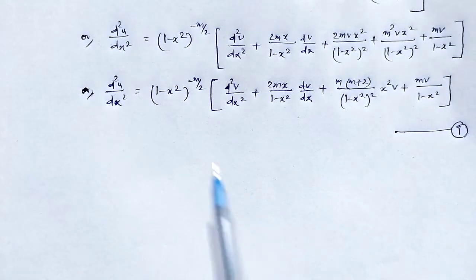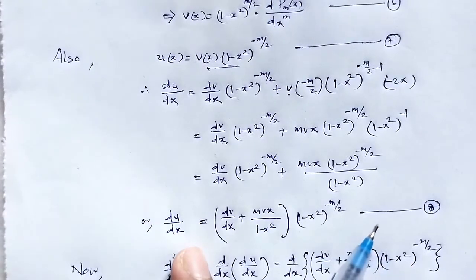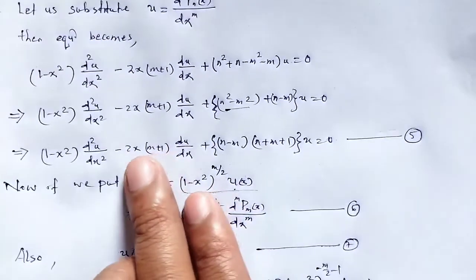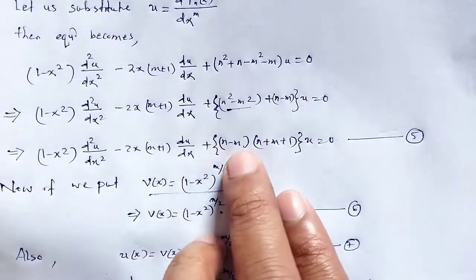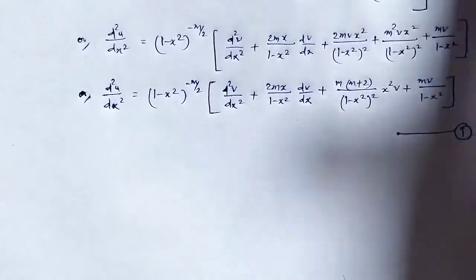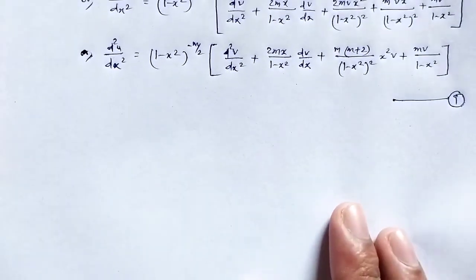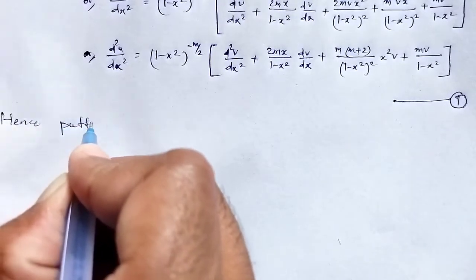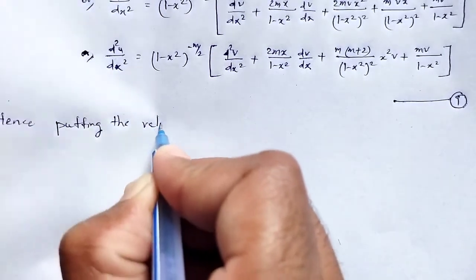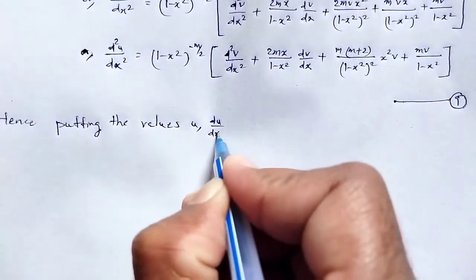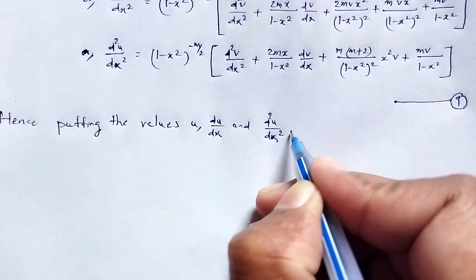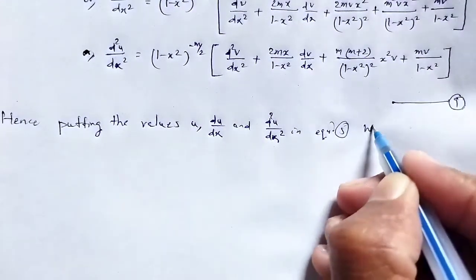Now we put the values of d²u/dx², du/dx and the value of u in equation number 5. What happened? Hence, putting the values of u, du/dx and d²u/dx² in equation 5, we get,